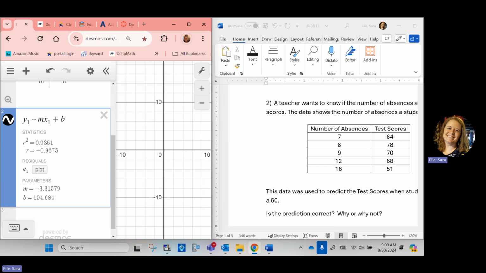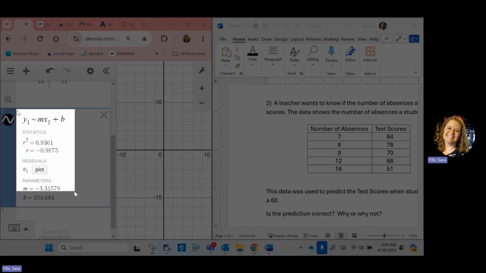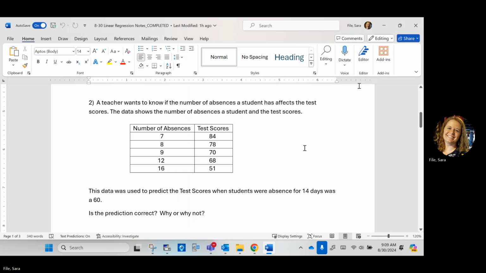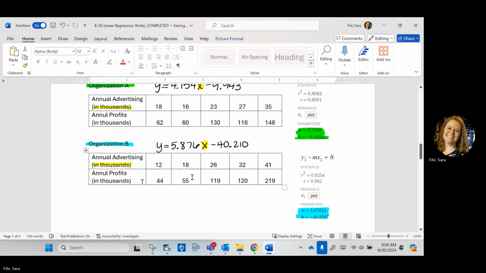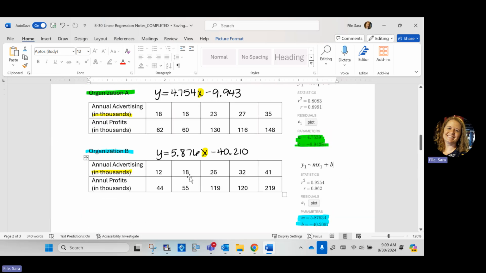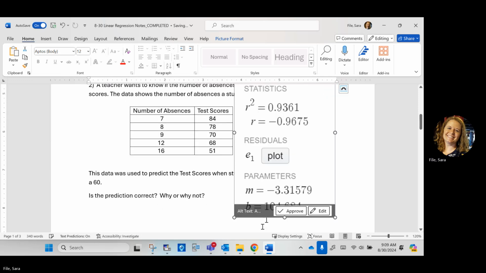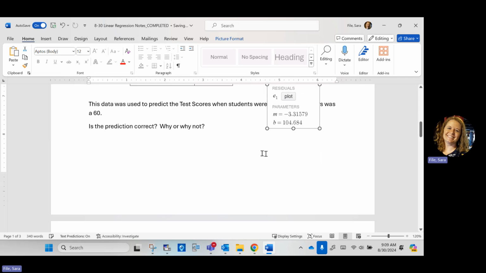I'm going to take a snapshot of that to put on my notes page. This is what I got, and I'm going to bring it over here. Bless you. Is it? That's number 3. Here it is. All right, so this is what I got